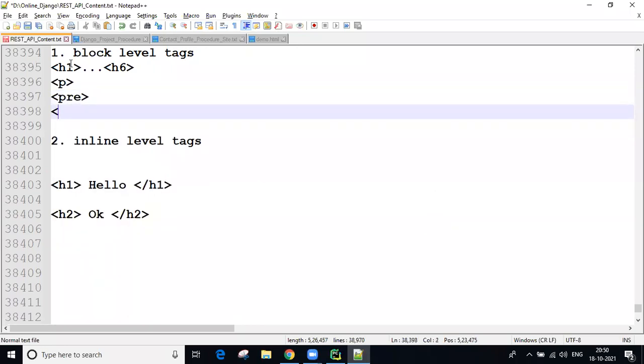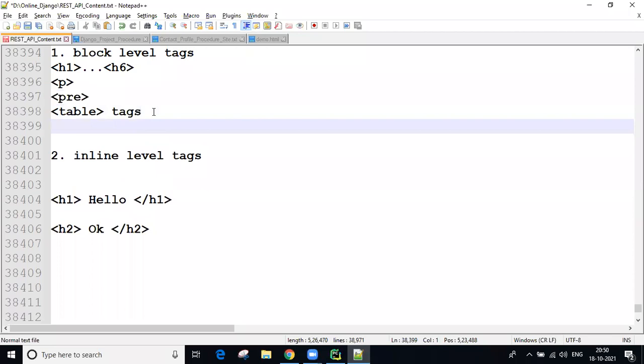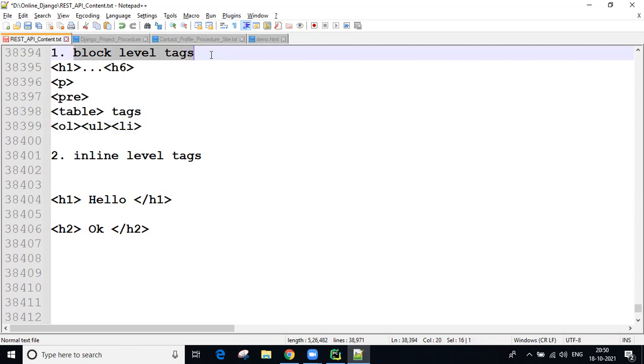The table related tags, table, thead, tbody, TR, TD, are all block level behavior only. And the list tags, OL, UL and LI, all come under block level only.